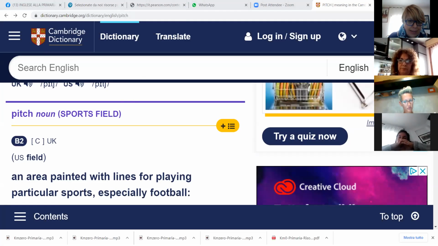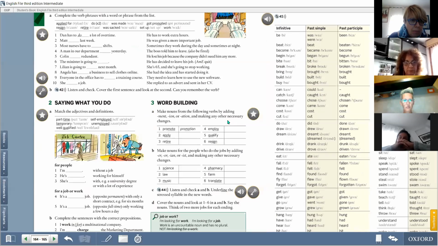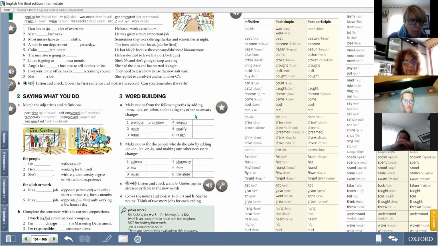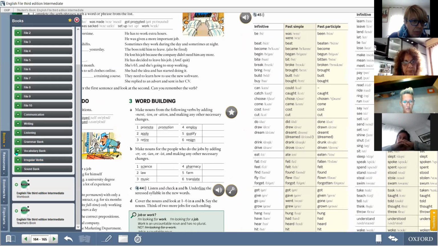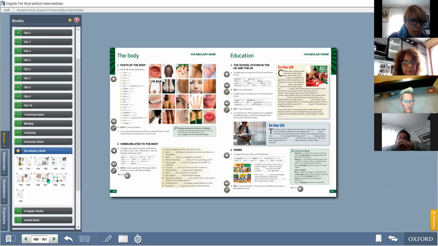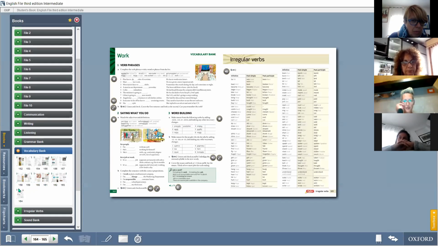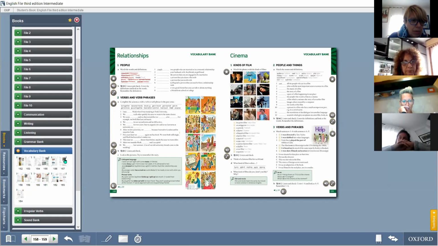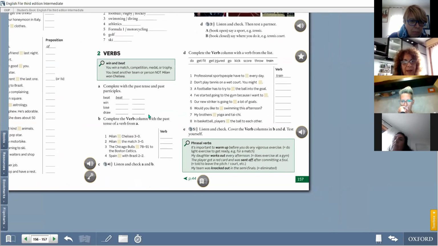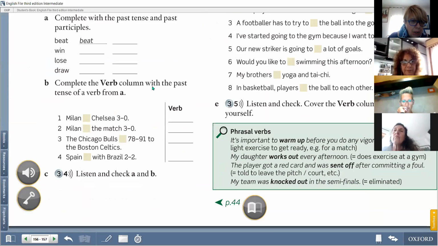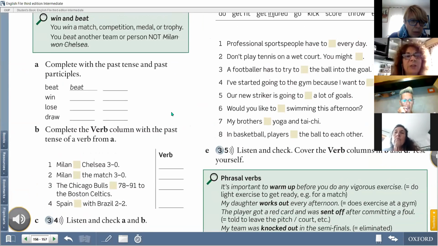Torniamo al volissimo. Devo ricondividere perché non vi avevo condiviso. Ok. Sono persa lo sport. Eccolo! Così terminiamo anche questa. Facciamo questo qui. Gli ultimi due verbi, scusa, gli ultimi due verbi, allora, ok.